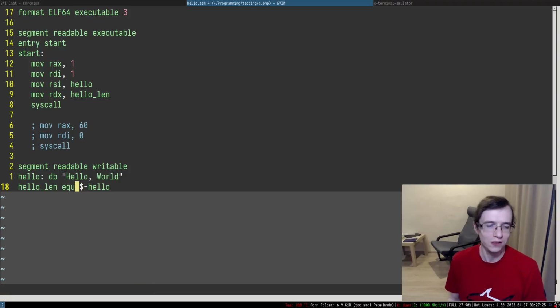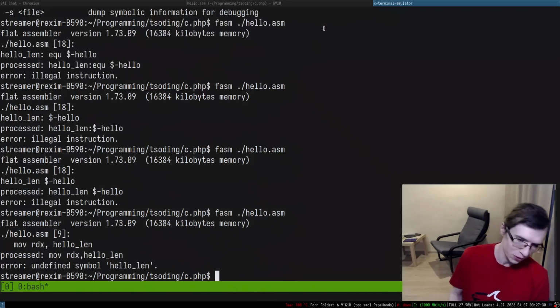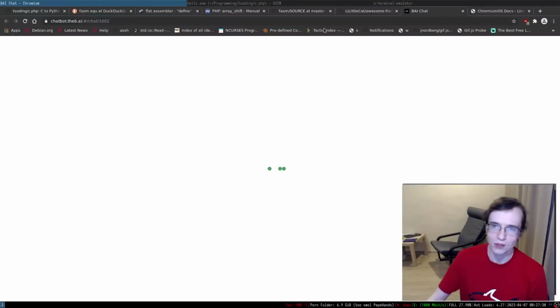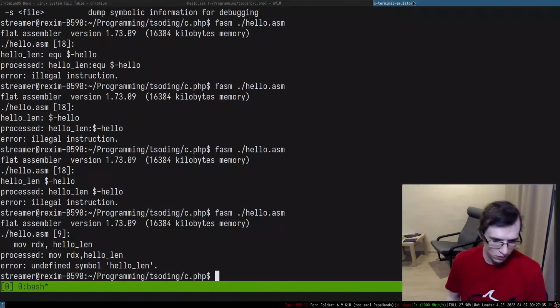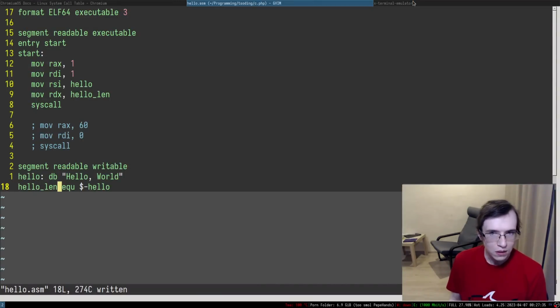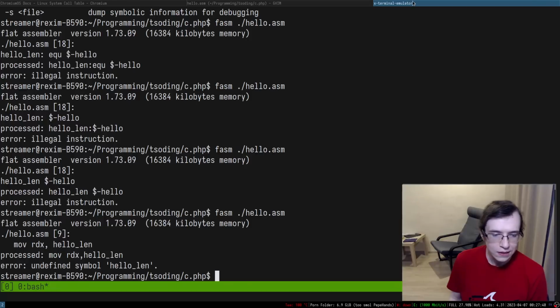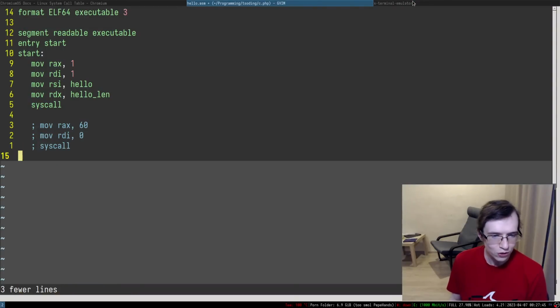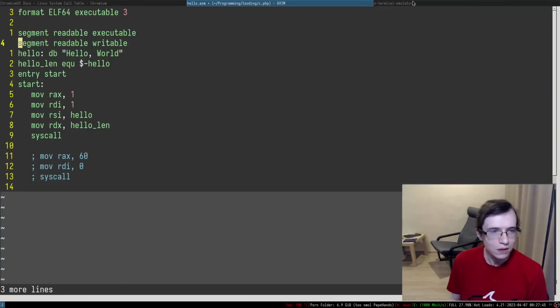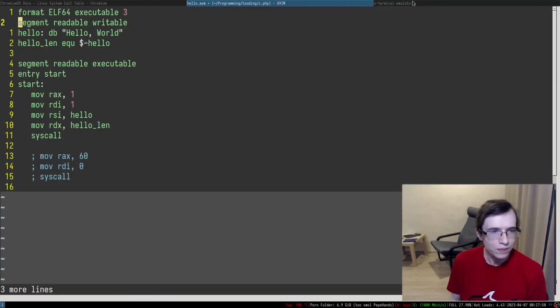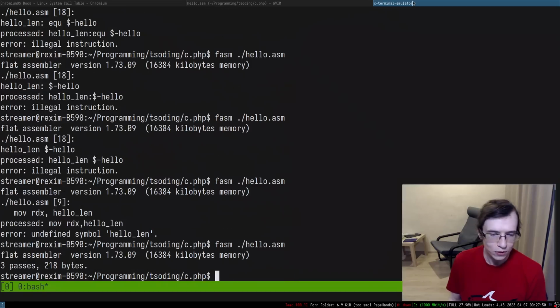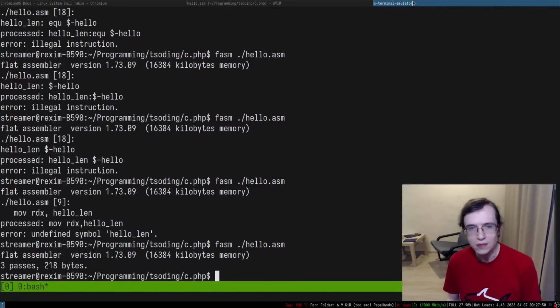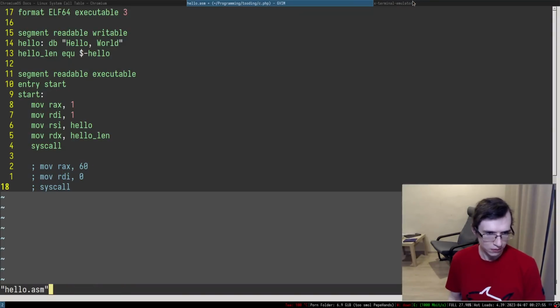Who needs ChatGPT if you have chat? Am I right? Yeah, that's what I'm talking about. Who needs ChatGPT? Nobody needs ChatGPT. And undefined symbol hello len, and that's really weird. Do I have to just put this thing up there? Maybe that's what I have to do. Yeah, there we go. Nobody needs this ChatCCP.